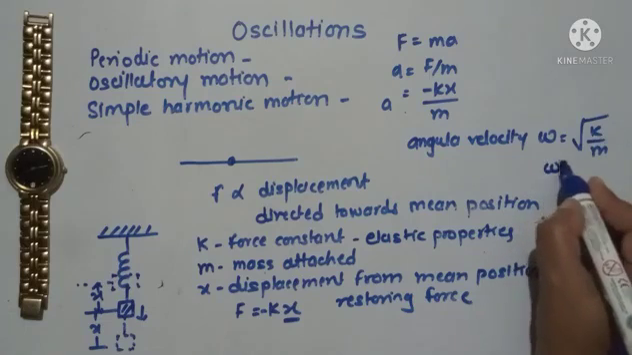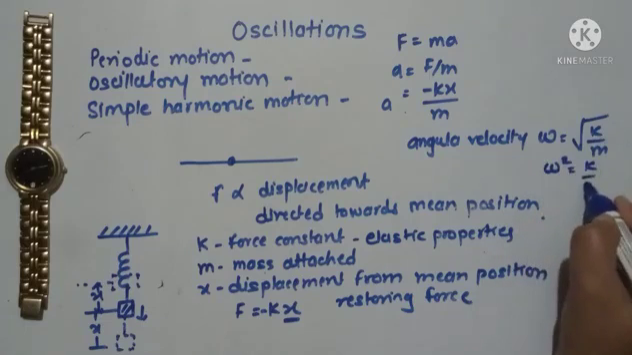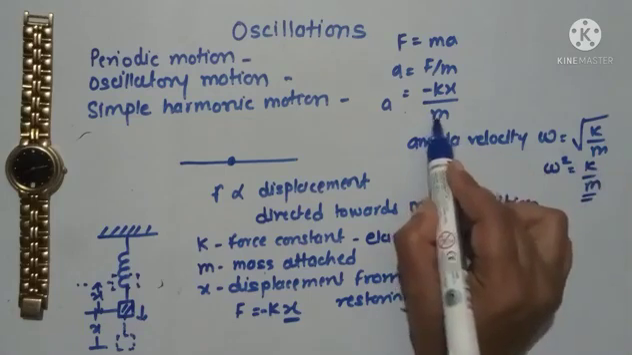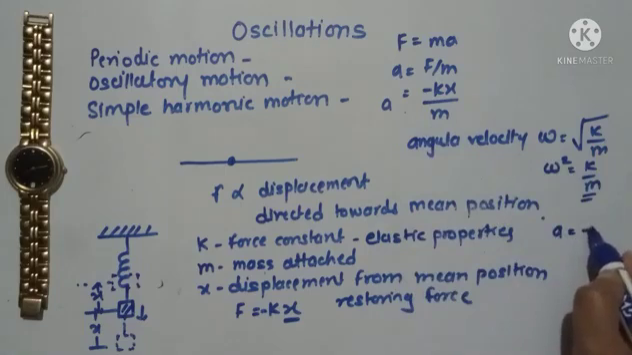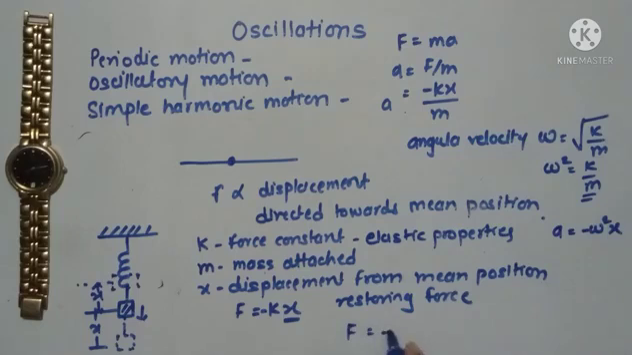Or I can also write omega square is equal to K upon M. Now if I put the value of this K by M as omega square here, I can write that A is equal to minus omega square X. Now see here, F is equal to minus K into X, and this A is also equal to minus omega square X. So whenever we are dealing with a simple harmonic motion, the force is directly proportional to the displacement,